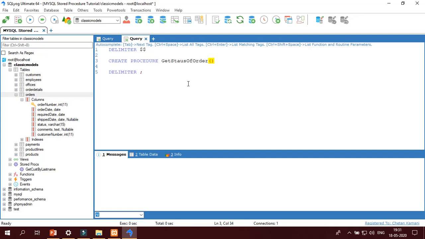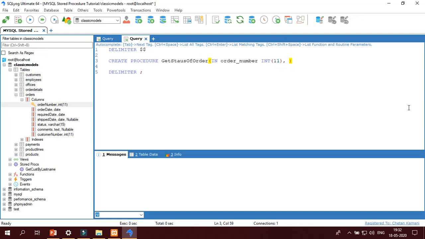Okay, the first parameter: mode IN, name order_number, integer 11. Why integer 11? Because I am using this parameter for this column order number, so I have given the data type same as that column.